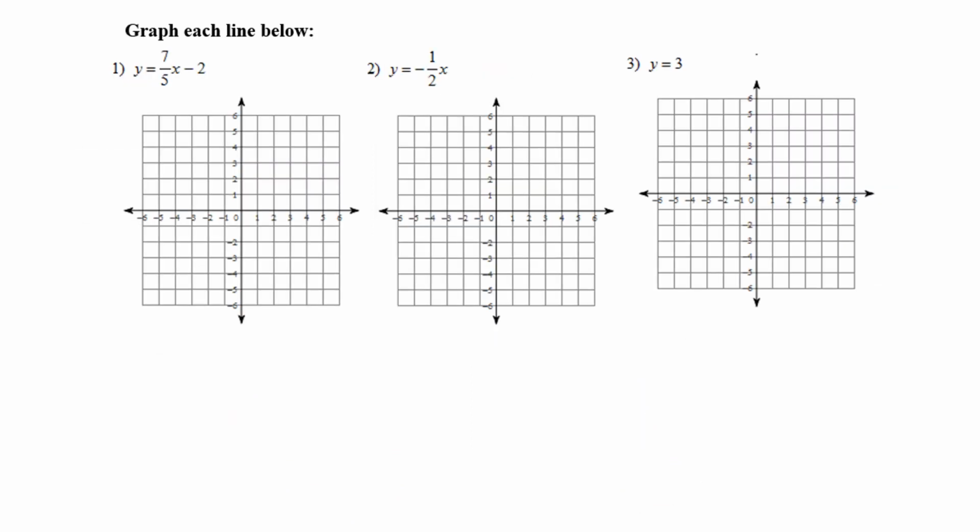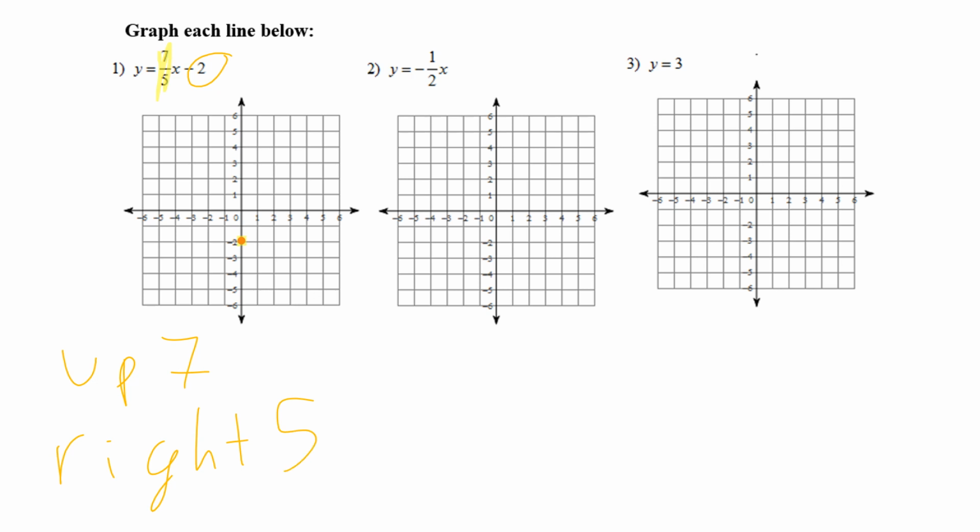Next, we are going to graph from slope-intercept form. So here, my -2 is my intercept, and then my slope is that 7/5 right here in front of my x. So I start by plotting a point. I go down 2 on the y-axis, right there is my red dot, and then my slope. Remember, I'm going to go up 7, and then I'm going to go right